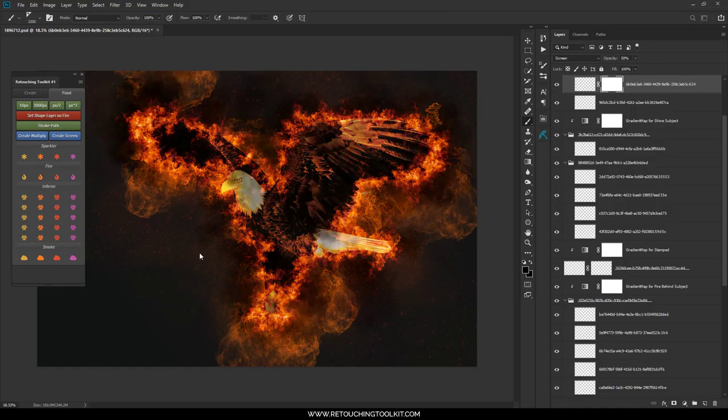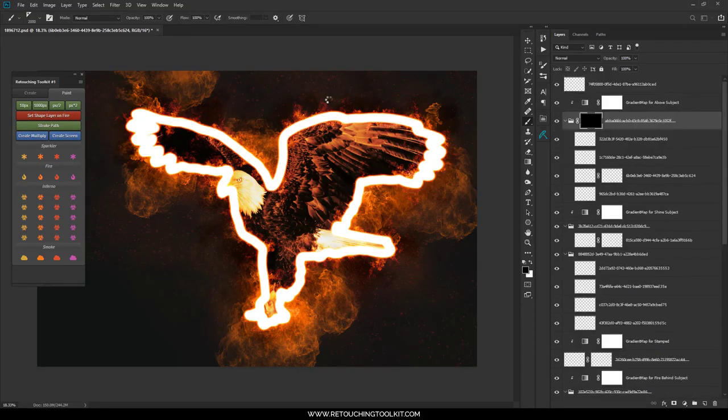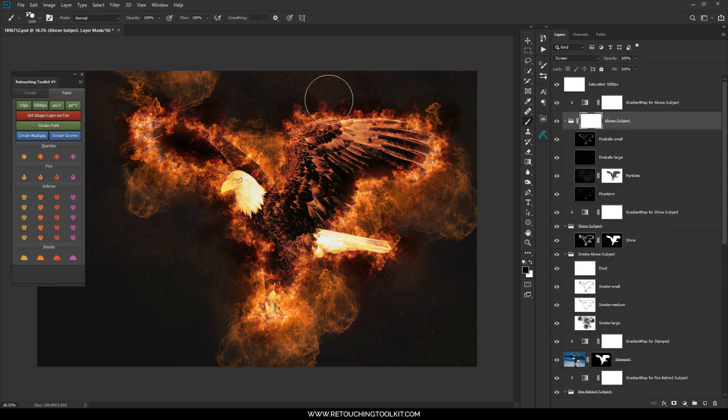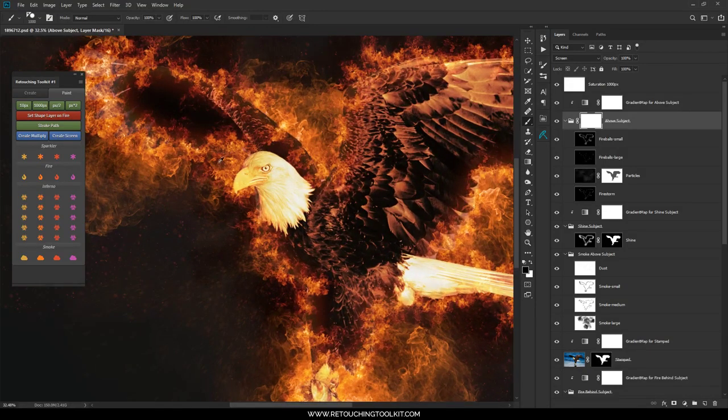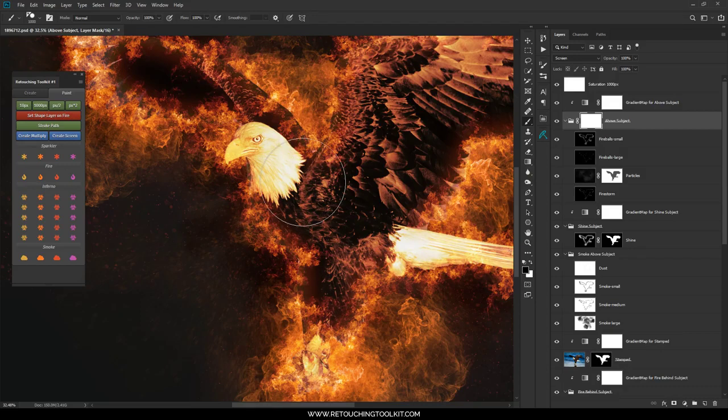You can see it in the background. Then it creates the flames outside of the bird and does all the colorization, and now it renames all the layers and creates a little bit of a shine into the bird, and that's it. It's done. It might take longer on your computer or not, depending on how fast your computer is, how big the file is, how big the brush is,